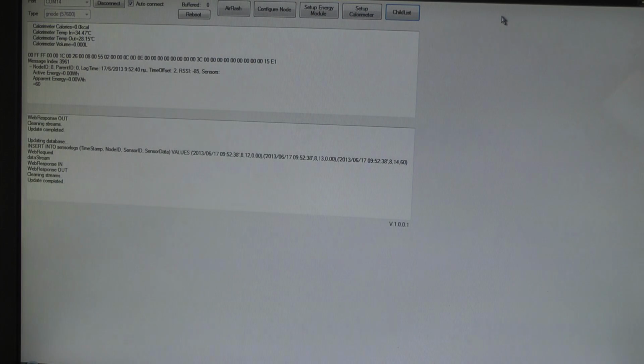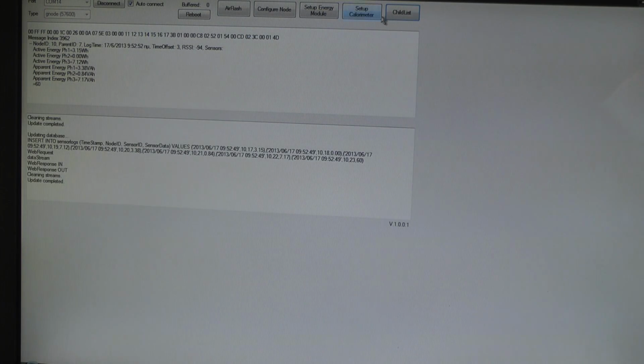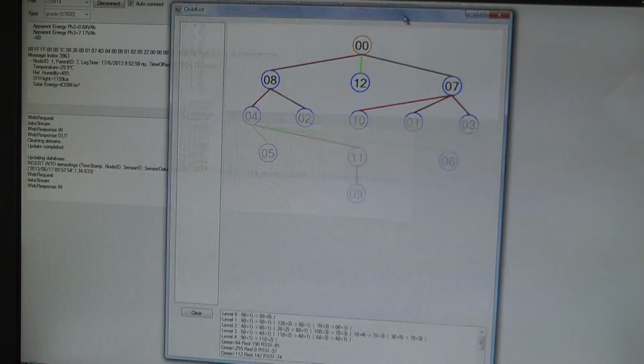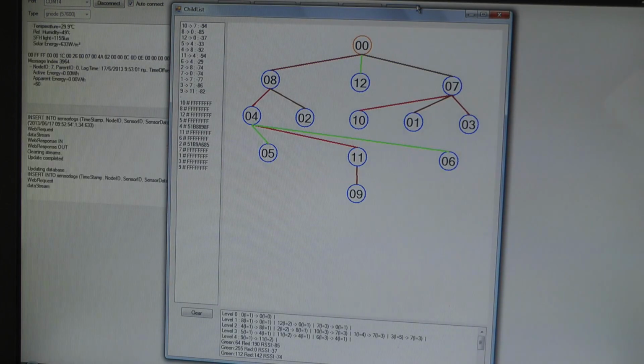So the EW bridge is a very important software component of the overall architecture, and there's a special video devoted to it. So we won't at this moment in time go into any more detail of the functionality behind all these buttons up here. We will, however, click on this child list button here on the right to access an illustration of our network. Here we can see all the nodes that are part of our pilot installation and the way they are connecting